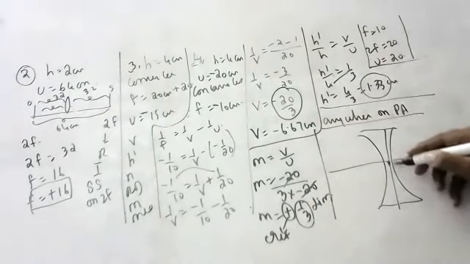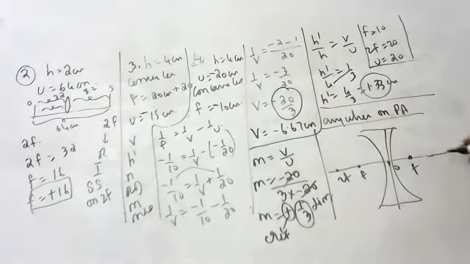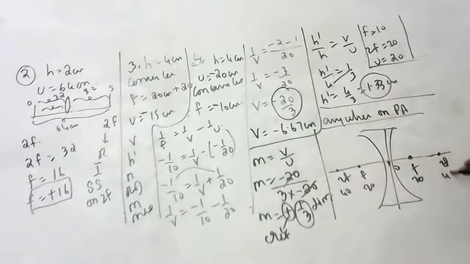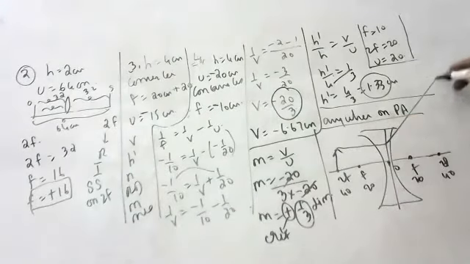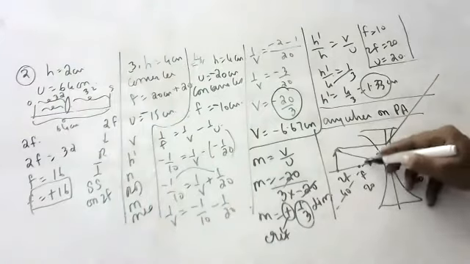So what is happening? Optic center. This is F, this is 2F. No need of F and 2F, children. Anywhere you keep, this is 20, this is 40. Even though we keep the object here, one ray comes like this and undergoes refraction as if going to the focus. The other light ray goes to the optic center. Here you will get the image.